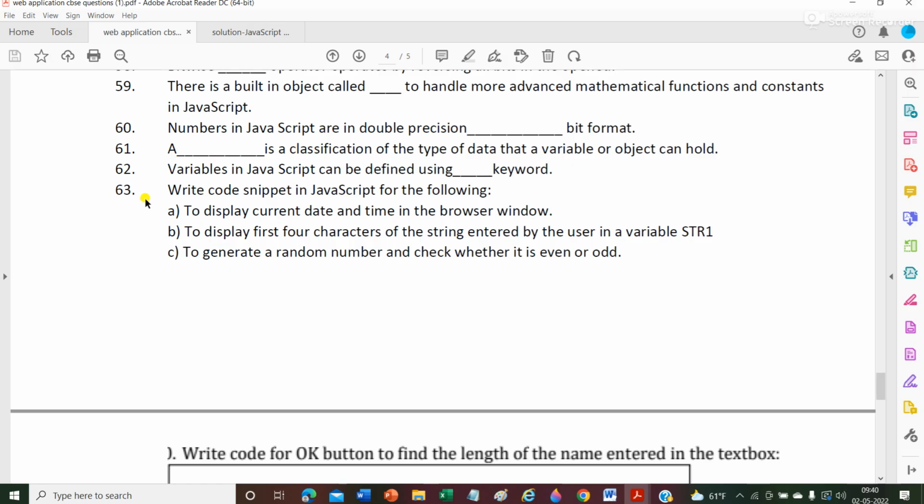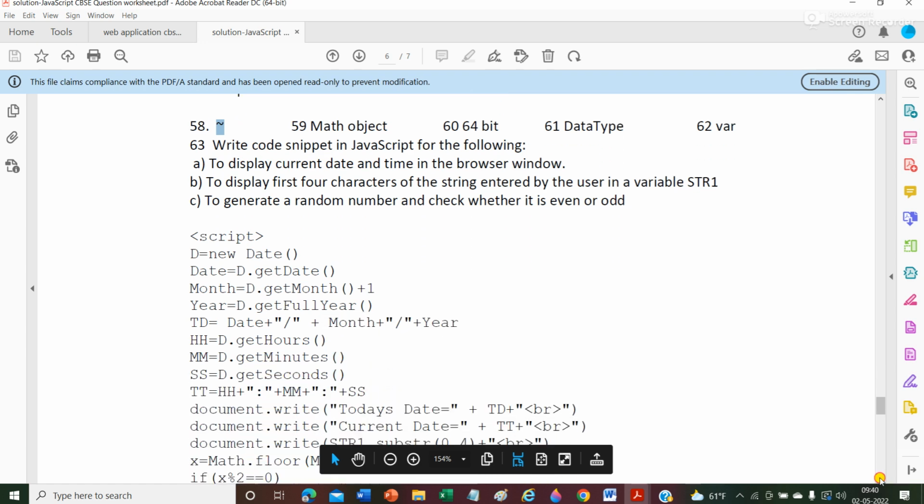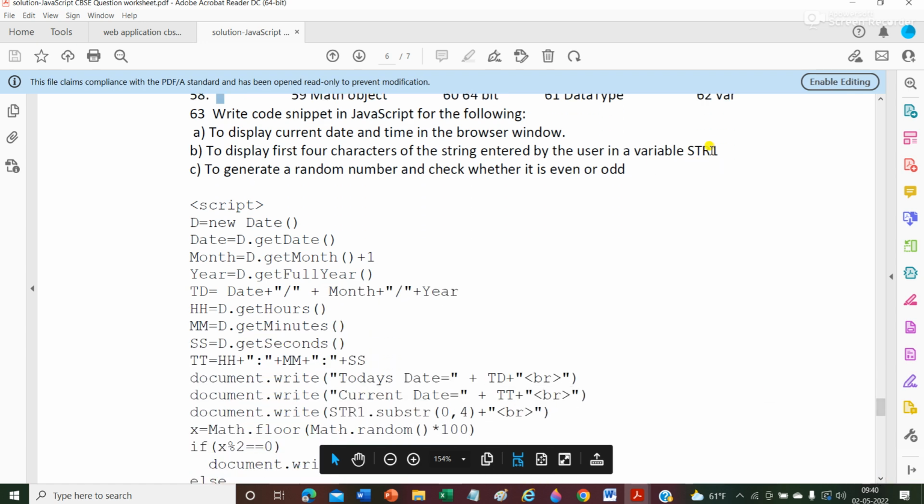Now 63 question, write a code snippet in JavaScript for the following. कुछ code आपको लिखना है to display the current date and time in the browser window. ये देखो, this is the 63 question. Current date print करना है. To display the first four characters of the string entered by the user in variable str, सिर्फ first four आपको print कराना है. And to generate a random number and check whether it is even or odd. So random number you have to basically generate, and after that you have to check if it is even